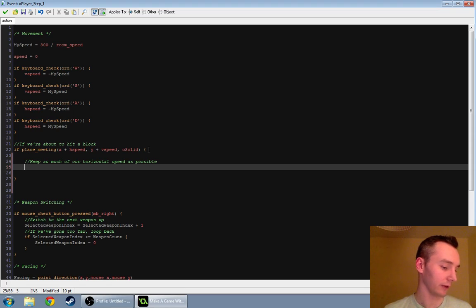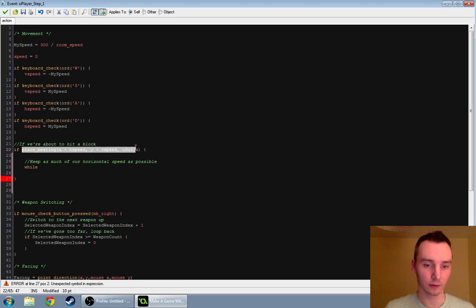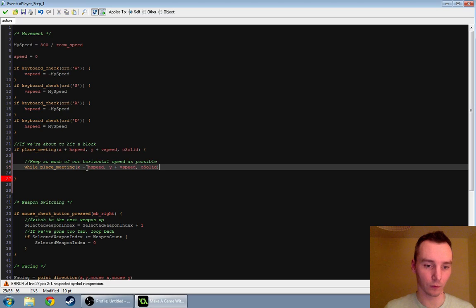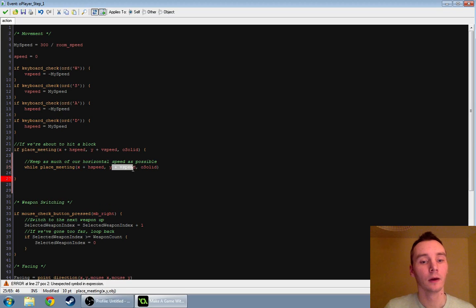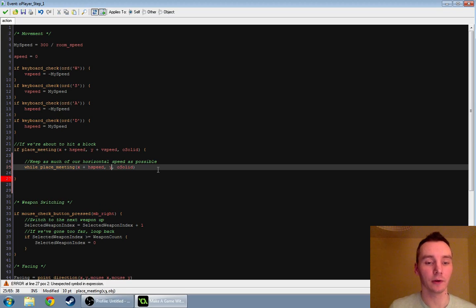what variables are we going to need for this? I want to say something like while something, let's do while place meeting. Let's say, okay, forget about our vertical speed for now. If we didn't have any vertical speed and we're just moving horizontally, would we have a free spot? So while that equals false,